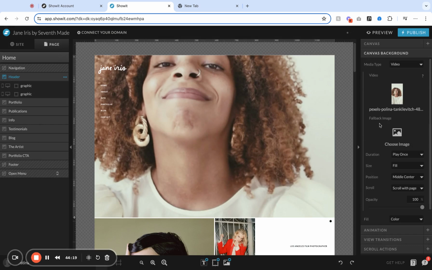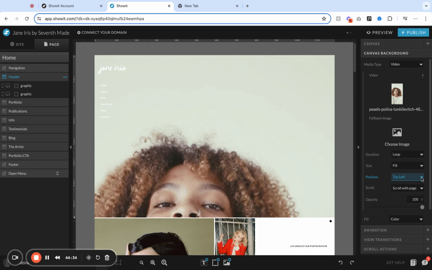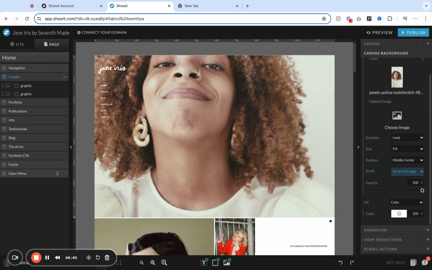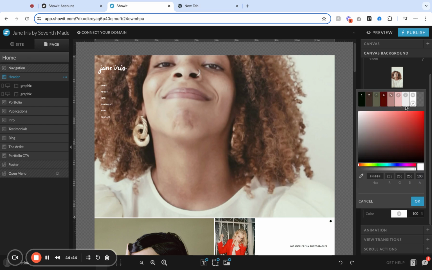We can also have a fallback image just in case this wouldn't load or something. You can have that. Right under here with duration, we're going to loop. The size, we have these options here. Position, you can go through and just see how it adjusts the video. Scroll with page, I'm just going to keep here. Opacity, so we could change that. And we also have a fill color. So for example, we could have